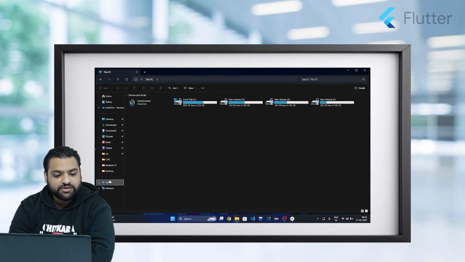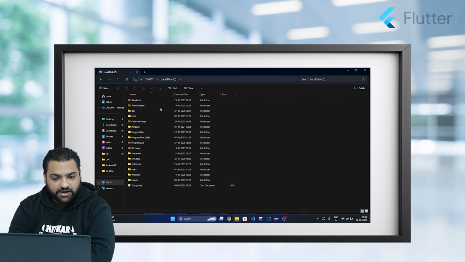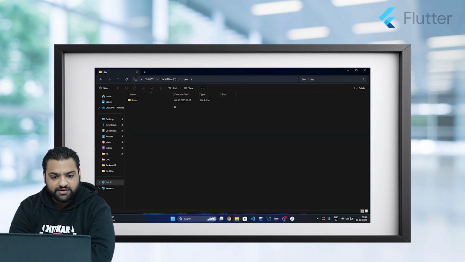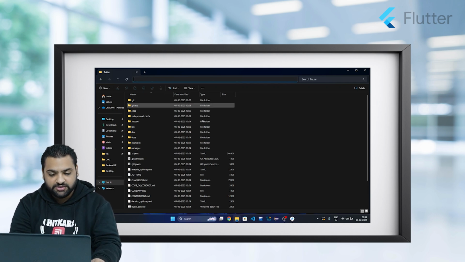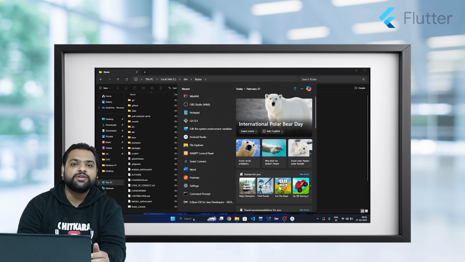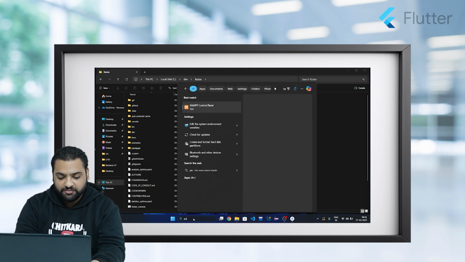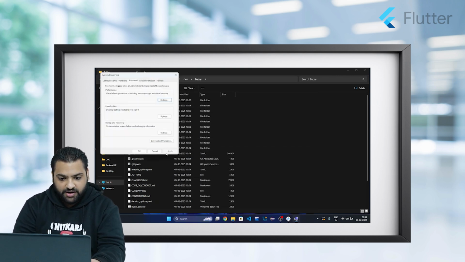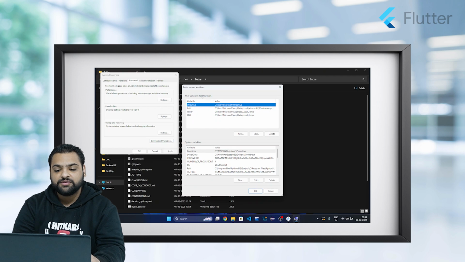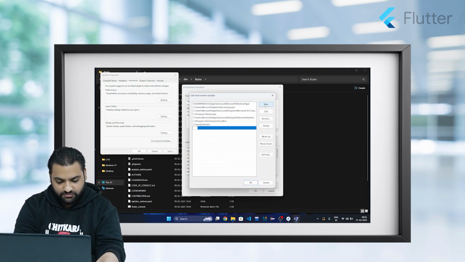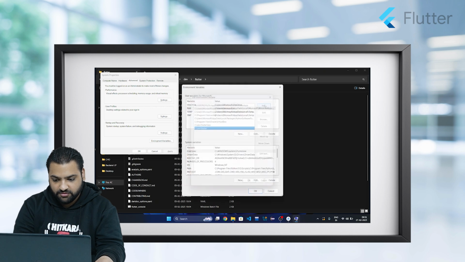For now what we need to do is go to the C drive and open the folder that we have installed Flutter in, and we will click exactly here and select the folder's path. So for our PC to recognize that we have installed Flutter, we need to update system variables. And for that, we will go to environment variables and we will update only user variables. We do not need to update system variables, just the user variables. And we click on path, new, and we do this and okay.